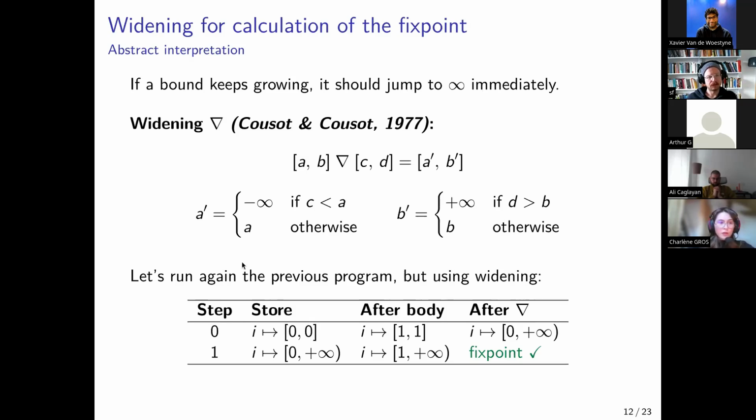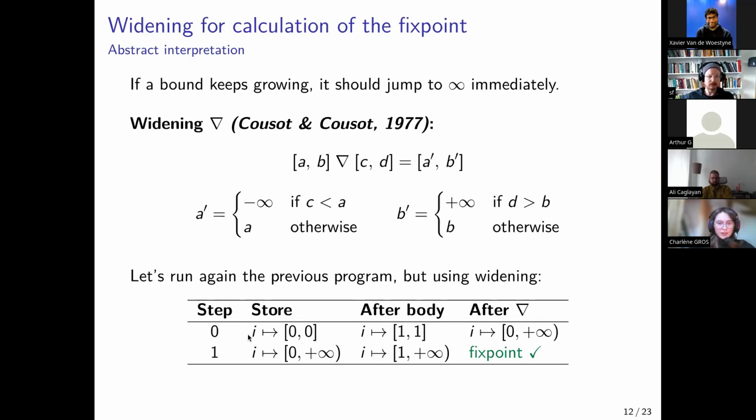So if the lower bound decreases, we send it to minus infinity if C is lesser than A, and we keep A otherwise. And for the higher bound, we jump to plus infinity if D is greater than B, and we keep B otherwise. So on the previous program, after using widening, we have